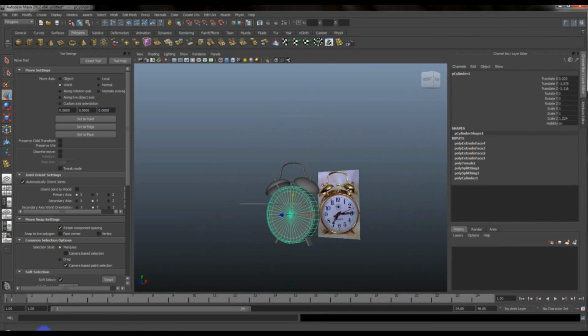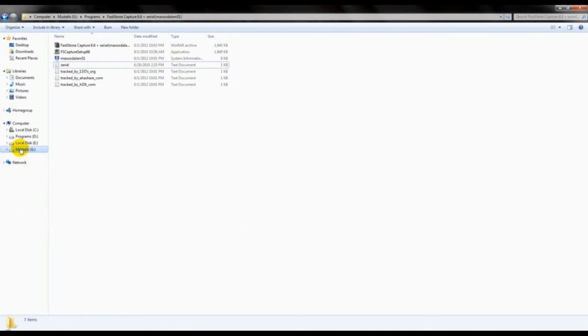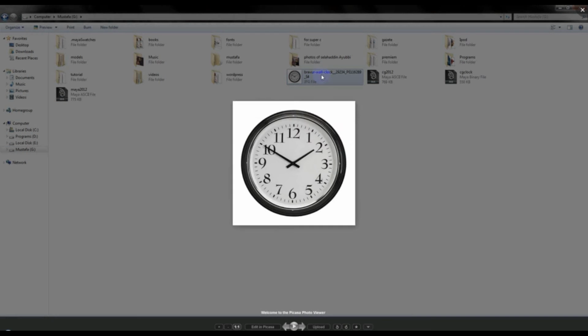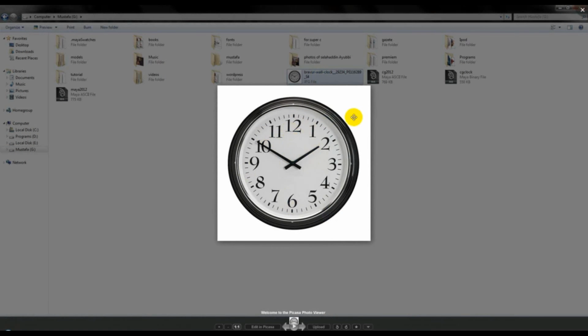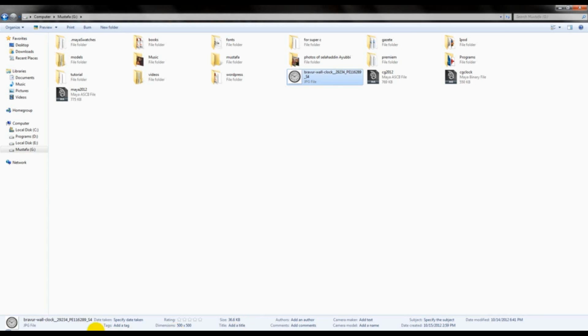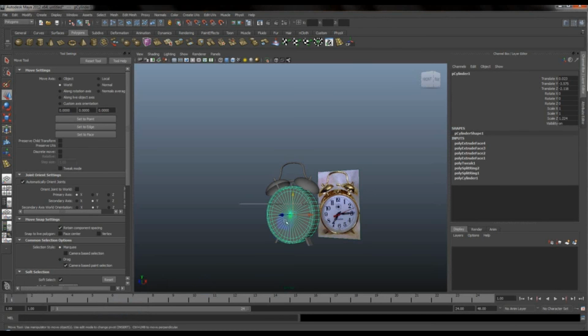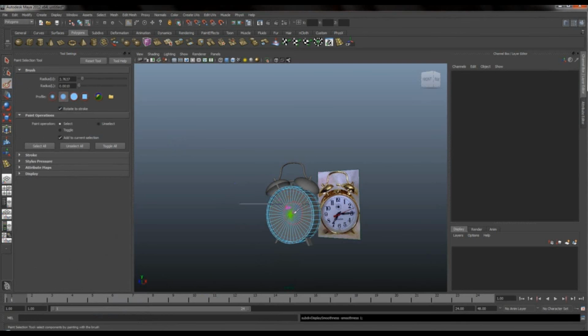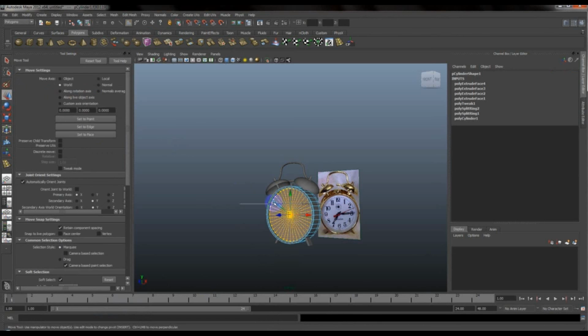Now after that we will go to the second step. First let me go to the image that I've got and see this texture one, to take the image of the letters and also the numbers that look inside the clock. I'll select only this area, the area that's inside, and then before that,